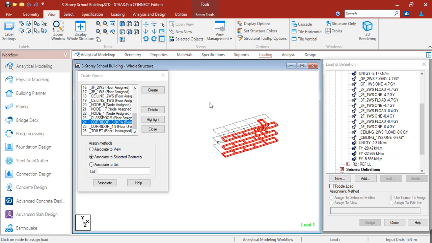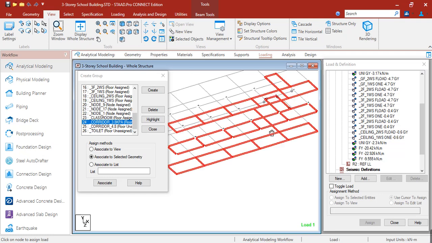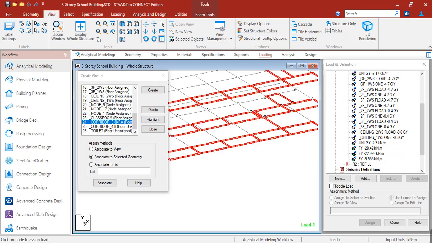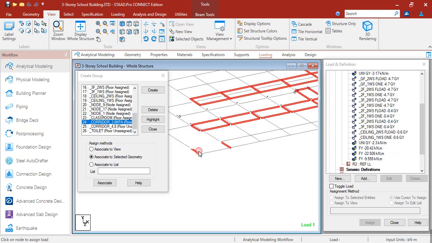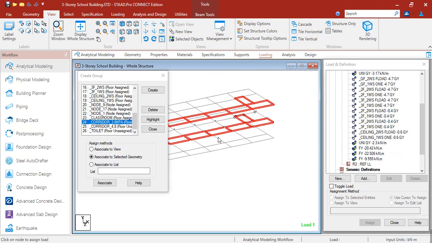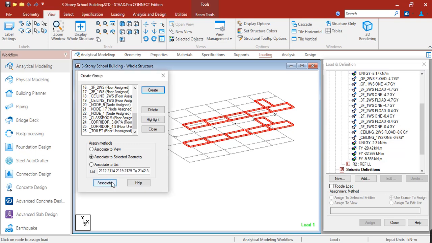But take note, we need to unselect the beams on the ground floor because the live load for ground floor is 4.8. Now we can associate this corridor.